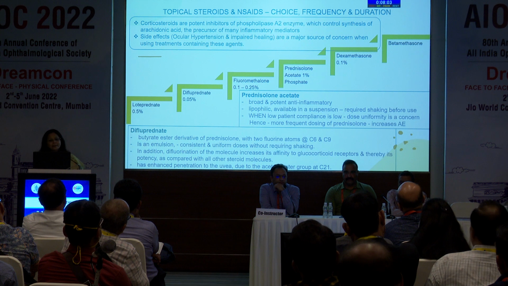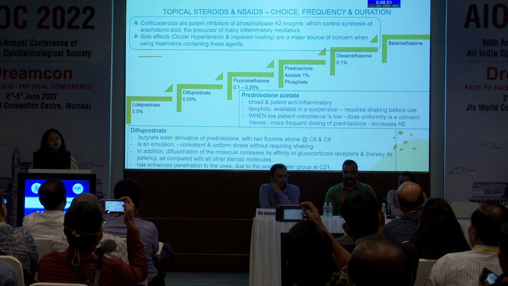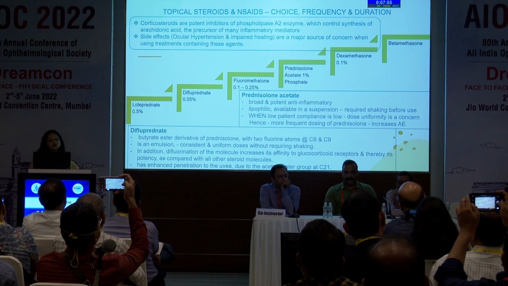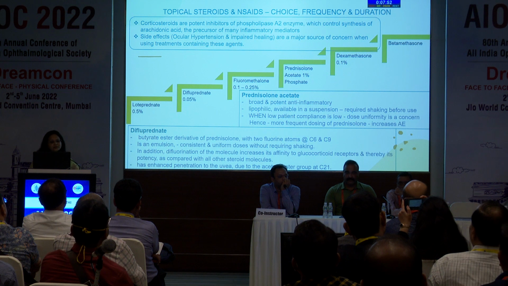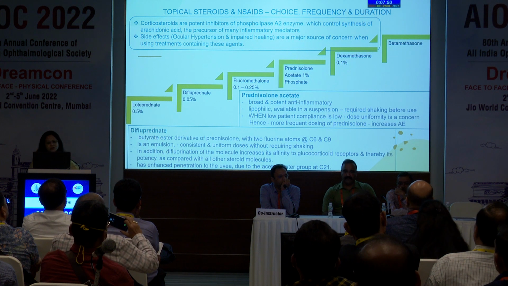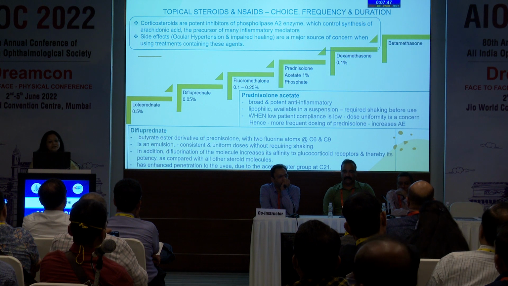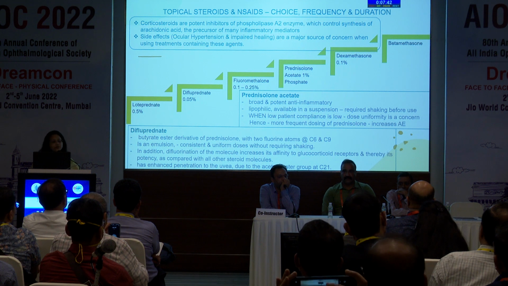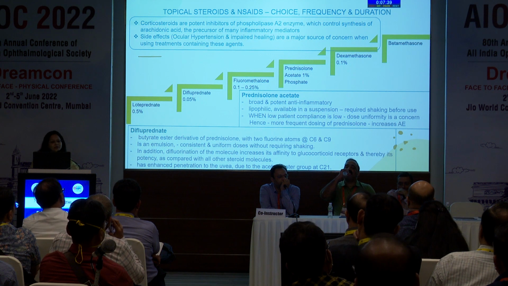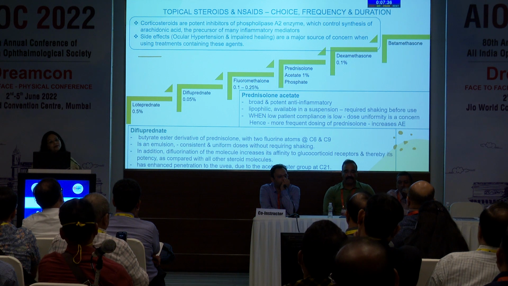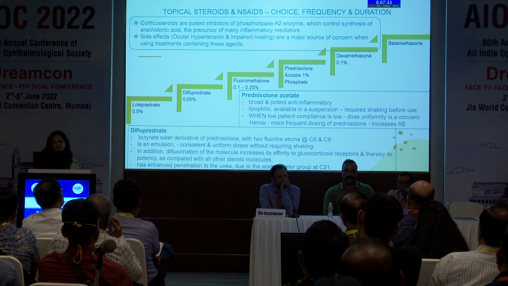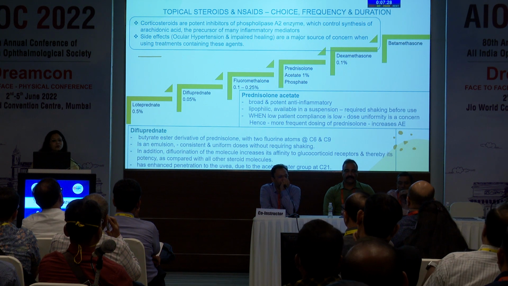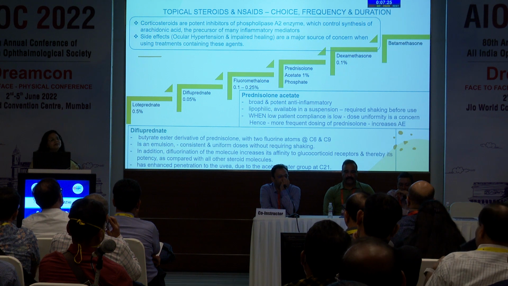So now let us look at what are the various medications we have in our armamentarium to put to use to control the ocular inflammation, the surface inflammation, and the anterior chamber inflammation. I think we all know about all the medications: loteprednol, difluprednate, fluorometholone, prednisolone acetate and phosphate combinations, and dexamethasone and betamethasones. So largely what we do use in our practice now is prednisolone acetate versus phosphate, and difluprednate is the newcomer, and we are always debating whether we want to place difluprednate against the use of prednisolone